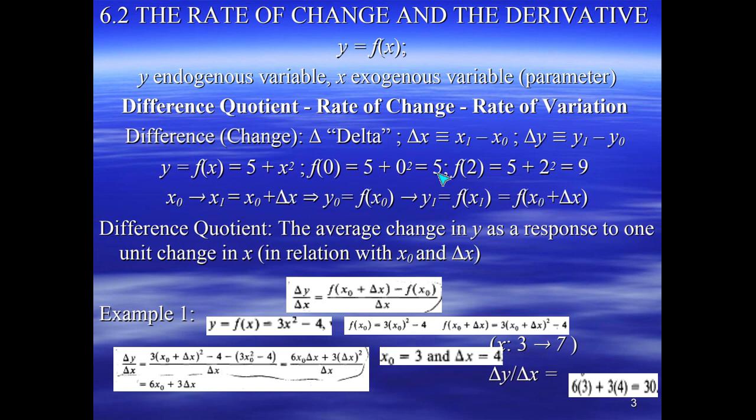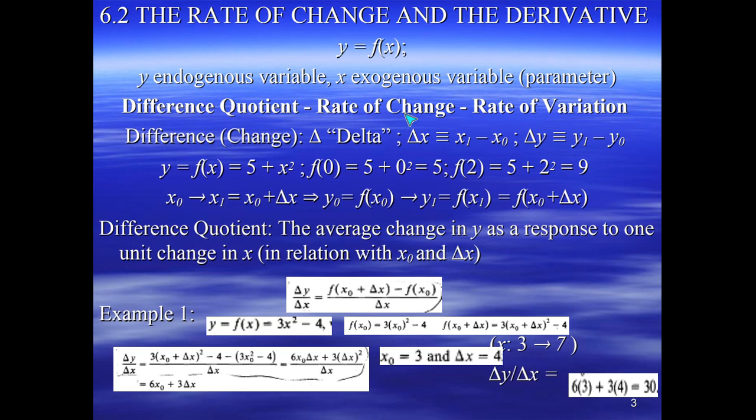All right, for instance, here, when x changes from 0 to 2, x0 is 0, x1 is 2, so delta x is 2 minus 0, 2. y0 is 5, y1 is 9, so delta y, which is y1 minus y0, is 9 minus 5, which is 4, you see? And if we divide this 4 by 2, we obtain this delta y over delta x,